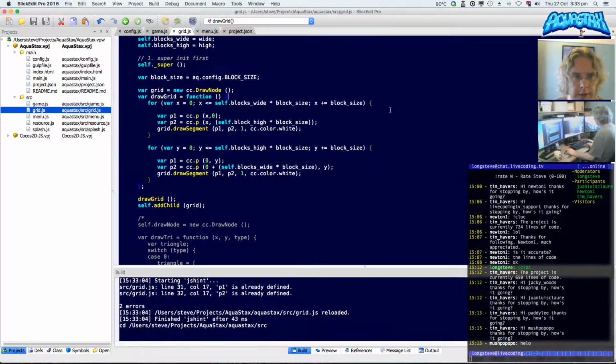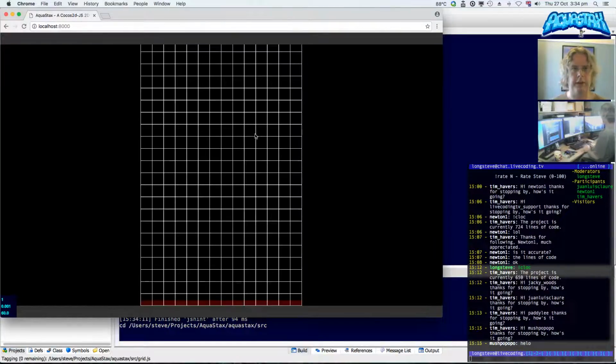Okay, so we've got a node. So that's drawing the vertical lines, which is the second ones here, I believe. Incrementing the y and doing it from 0 to there, but it's not doing the horizontal lines. So it's doing it from x0 to x self.block. I put a typo there, and block size. There they are. Right, so there's my grid, and it's stuck at the bottom of the screen, and it goes